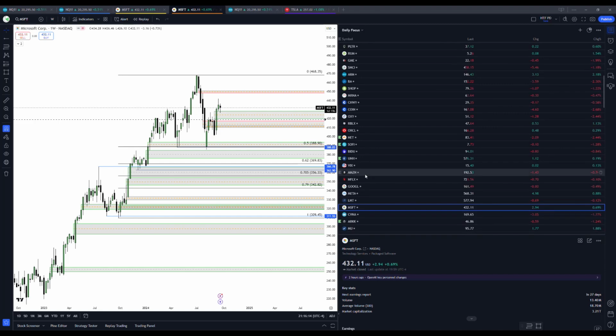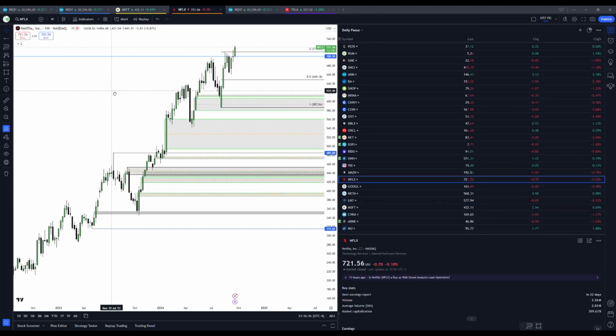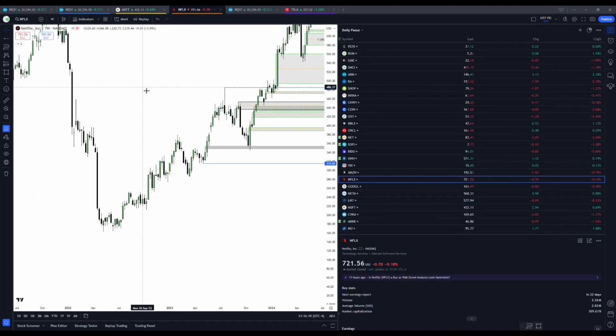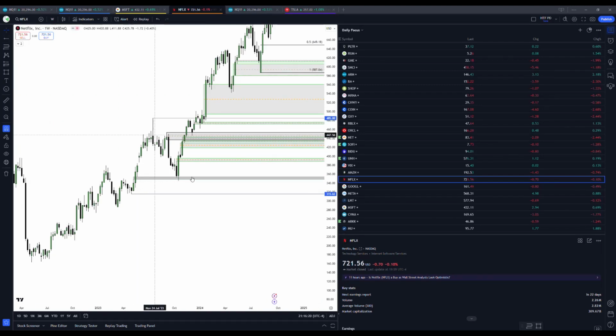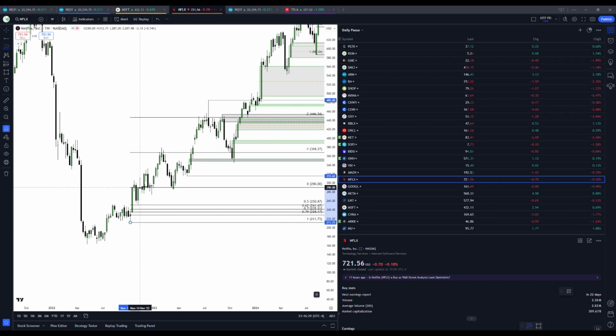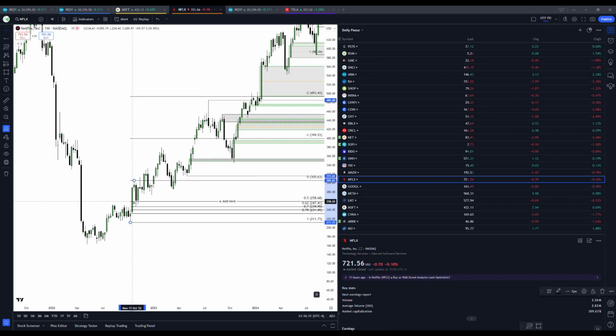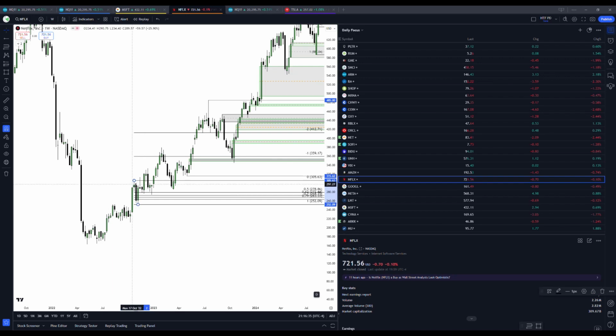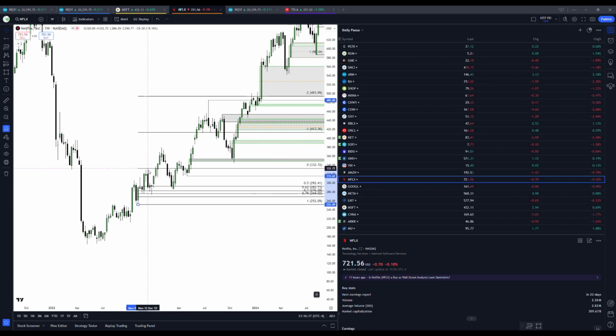Right? Let's go to Netflix. Okay, where are we? Go through each one of these little price fluctuations. You can go through every time we've taken out a high. What happens? Okay, we took out this high with what price run? Low to high. Bullish imbalance. Run for highs. Mando model complete. We took out this high right here with what price run? Low to high. Discount retracement. Bullish imbalance. Run for highs.